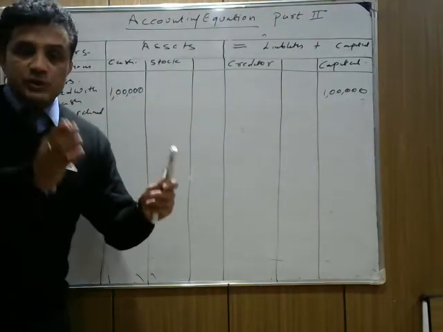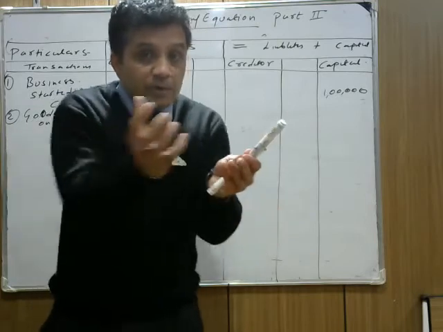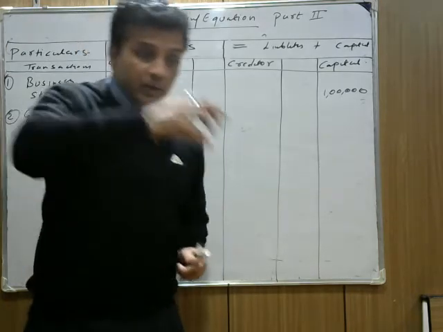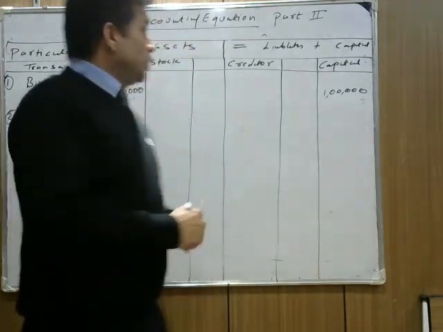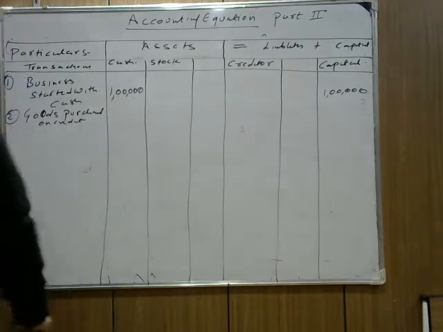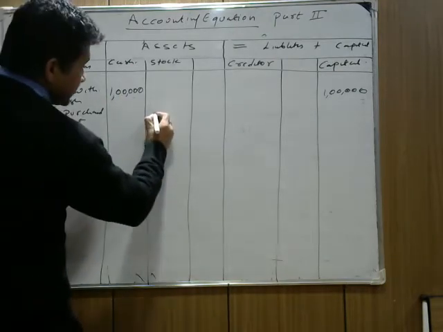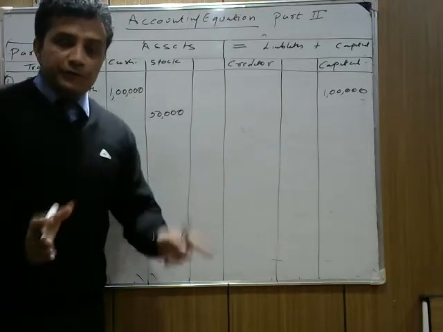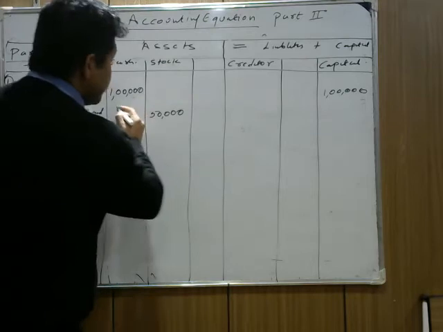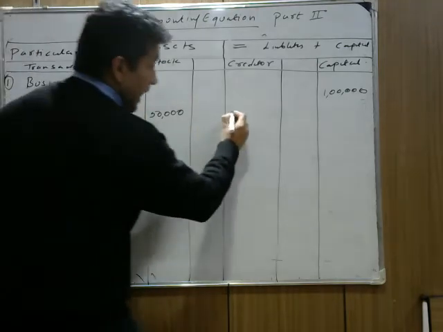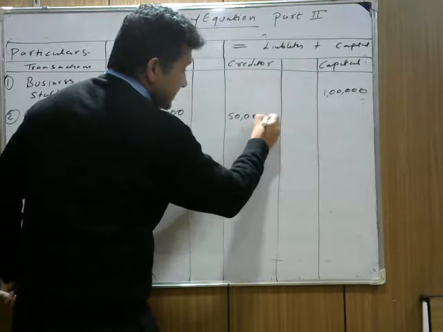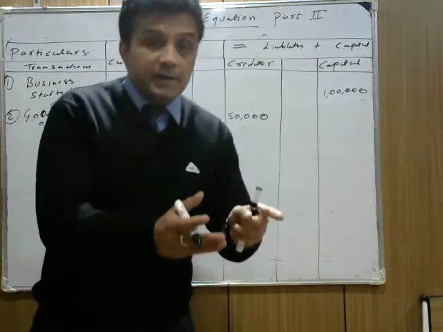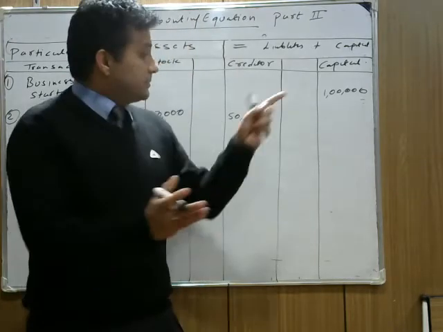Now, when you purchase goods from Priya, आपने goods खरीदा है, no cash involvement is there. कोई cash का involvement नहीं हुआ. You are getting goods, आपको stock मिल रहा है, and the goods purchased from Priya cost 50,000, so you get a stock of rupees 50,000. But is there any change in cash? No. So what is the double effect? You have to pay to Priya, your liability increases.